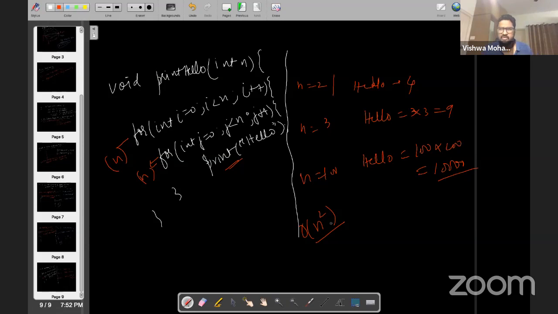Basically, time complexity decides how many operations you're doing based on the input size. This is the definition of time complexity. Now let's try to solve a problem, and I think you should solve it with me. So the problem statement goes here. By now we understood what time complexity is and its definition, so based on that, let's try to solve this problem.